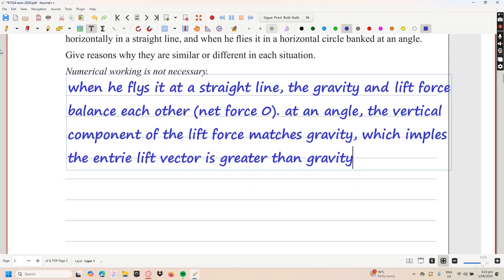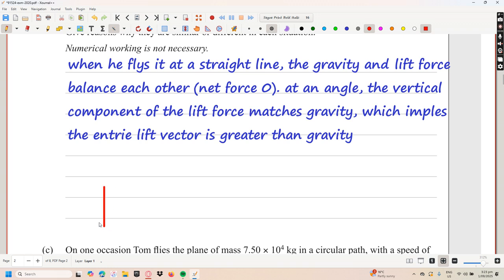And you can draw a little diagram to show why that is. Beforehand it looked like this, this is Fg and Fl,